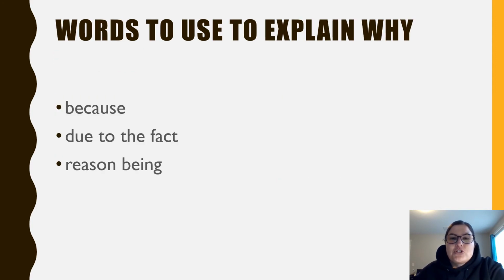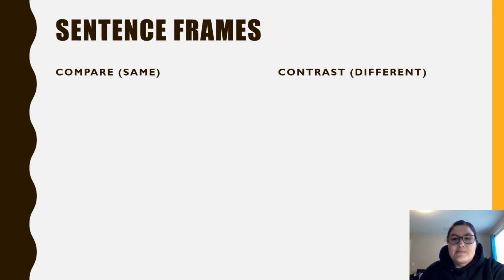Here are some of the words that we're going to use to explain why our things are similar and different. So we can use the word because, due to the fact, and reason being. So why don't you try to echo those back to me? Because, due to the fact, reason being. Nice job. So here we have some sentence frames that we can use when we're doing writing or speaking